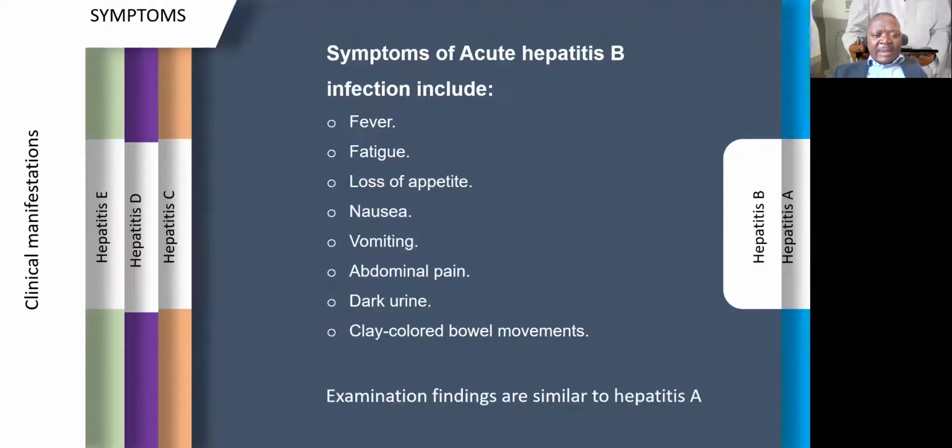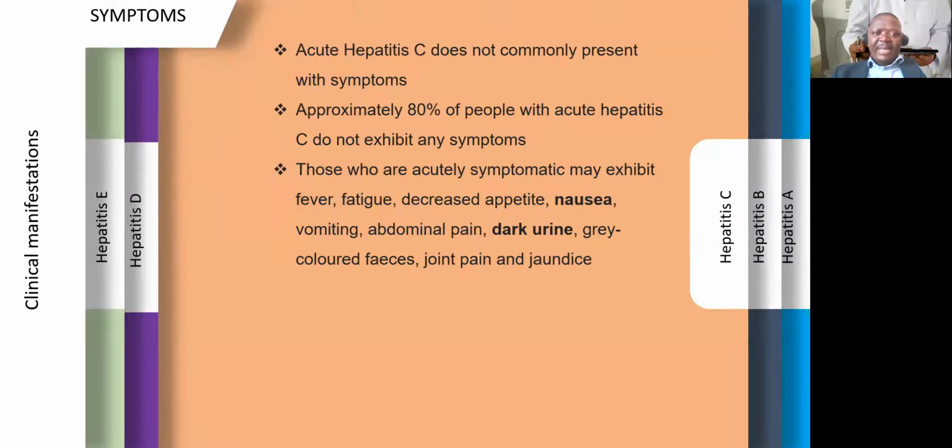For B, again, like I mentioned, similar symptoms. So we're not dwelling too much here. For C, acute hepatitis C does not commonly present with symptoms, like I mentioned. So many people go unnoticed, and the first presentation is when they come with complications, except in countries where there are routine surveillance and